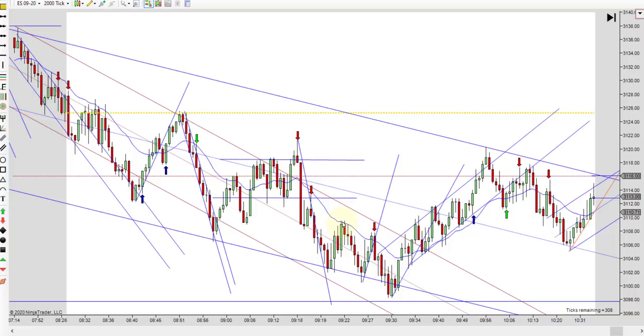But notice how we made that swing up, and then you try to go higher once, twice. So you get a little, I don't have the line there, but there's some resistance there, and you get a little double test. You can see that. And a big bearish bar. Just go short right there. Just looking for it to come back down to the line again.